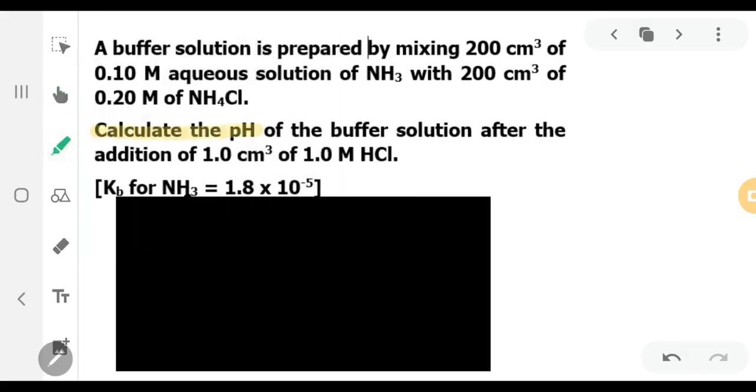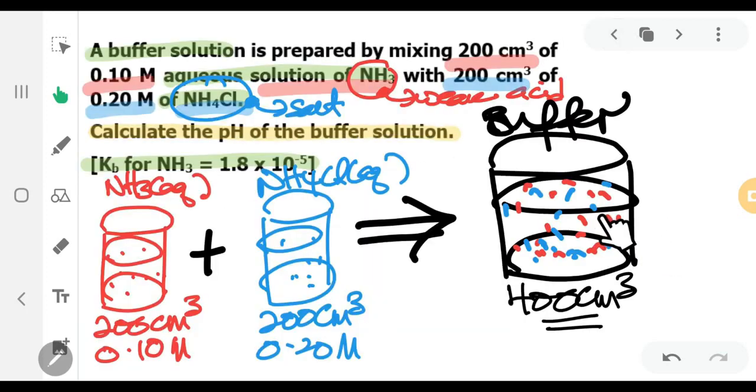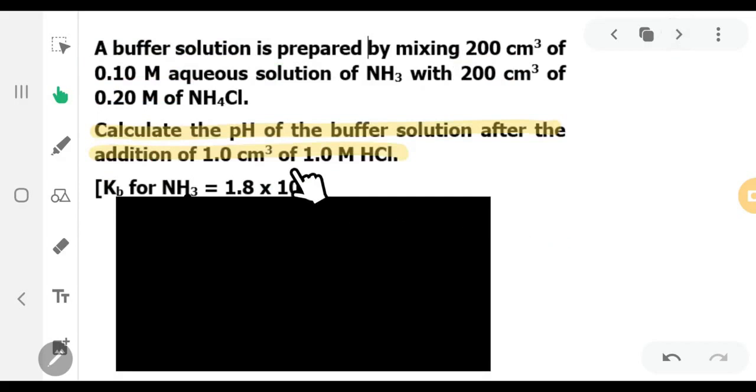So this is what the question wants. You need to find out the pH of this buffer solution after you have added a small amount of